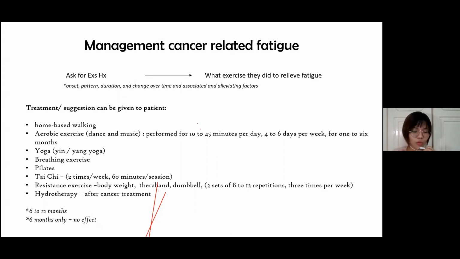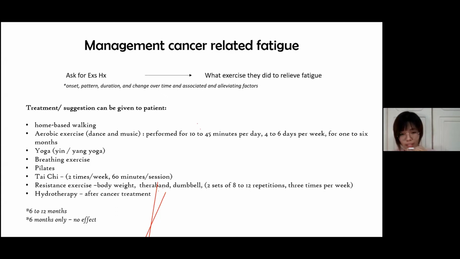Just ask them to do some gentle dance with some music so that they can enjoy it, adhere to it and stick to the exercise. Perform it from 10 minutes to 45 minutes per day. If they can't do that, do it in intervals. That means we do 5 minutes, then rest 2 to 3 minutes, then continue for another 5 and stop. So we use it progressively. After the next session, we check again and slowly increase the time until they can do 45 minutes,